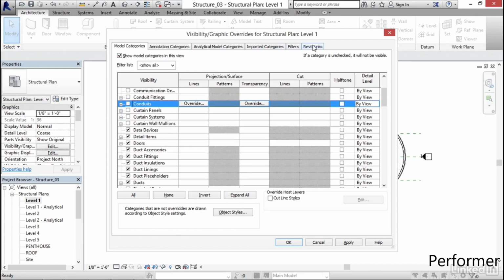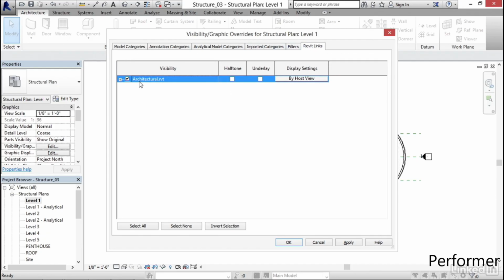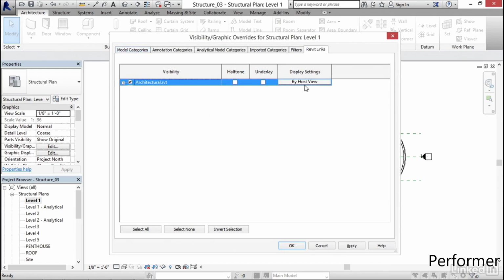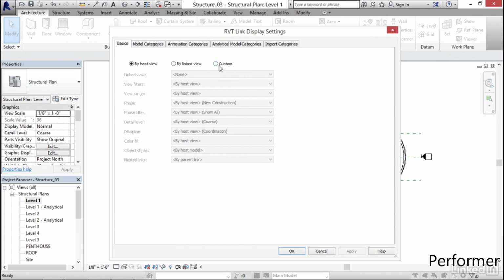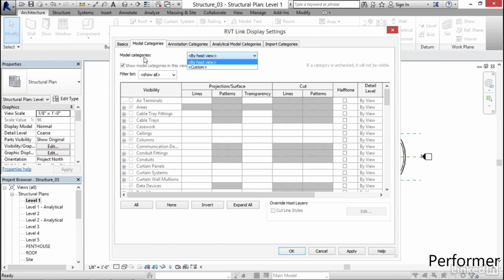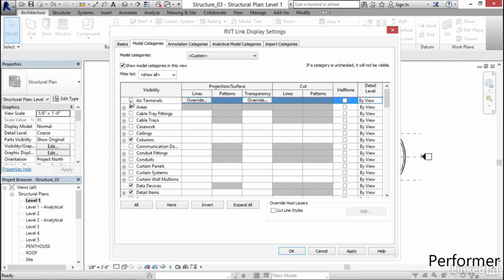Also, if we go all the way down to Revit links, again, notice that we can control the visibility of our underlay independent of the visibility of our model. You simply click on by host view under display settings, and if you click on custom, now if we go to model categories, instead of by host view, if we go custom, now check it out, we can turn our air terminals back on. So if we have air terminals in our architectural underlay, we'll be able to see them now. Click apply, click OK,